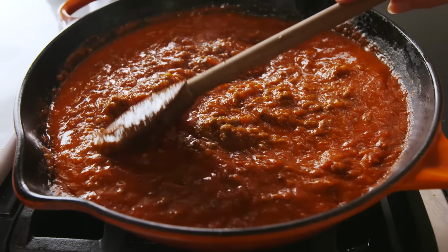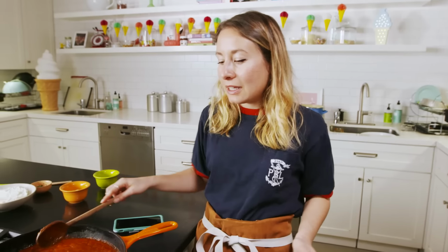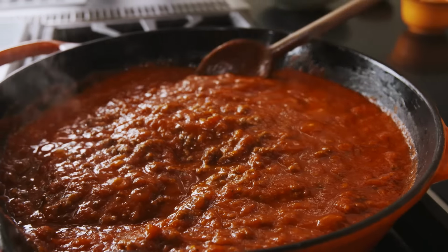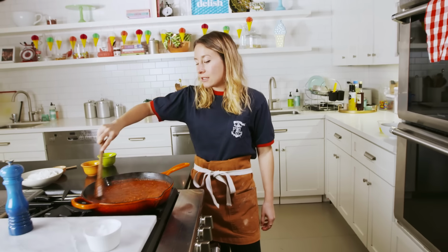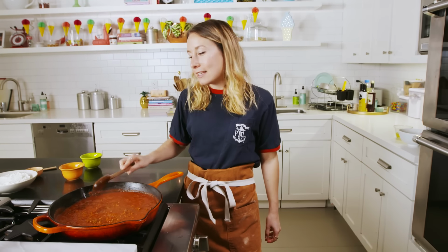So it's starting to bubble. We're just getting some of that moisture released. We're warming up the sauce. We really don't need much more than this. So I'm gonna turn it off and we can just finish the last bit of our prep, which is the